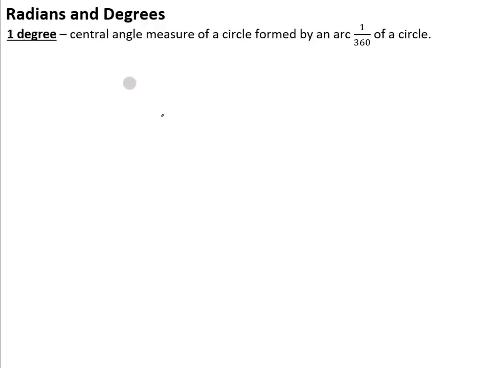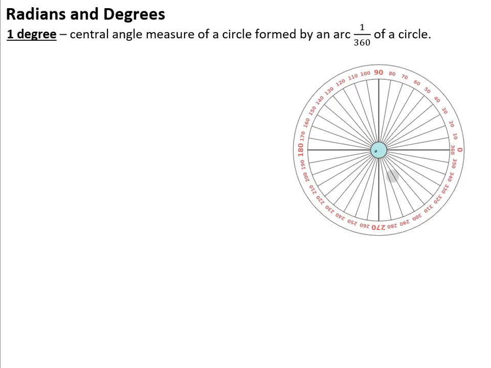Okay, so today we're going to talk about radians and degrees, the different ways that we measure angles. So what is 1 degree? To define it, 1 degree is the central angle measure of a circle formed by an arc 1/360th of a circle. What that means is we basically took the circle and divided it into 360 equal